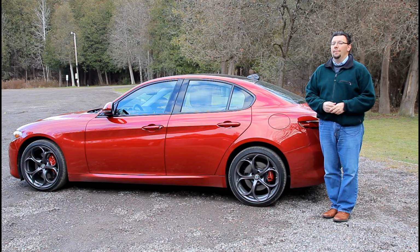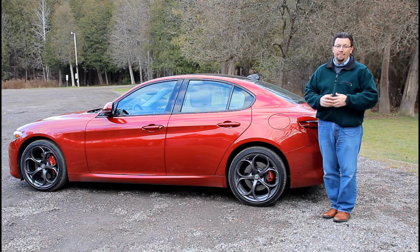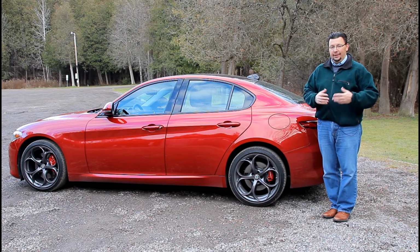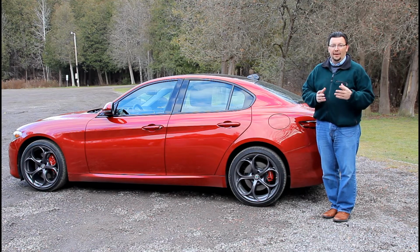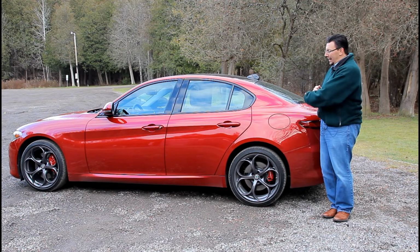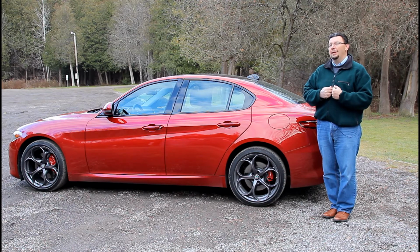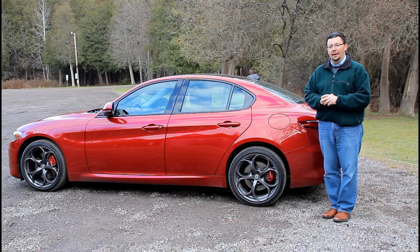The return of Alfa Romeo to the North American car market, to my mind, is a really good thing. While we have plenty of great luxury brands out there, European, Asian, and North American, I think the addition of the Italian, shall we say, dolce vita that we're seeing in the unique design language and styling is going to be something that adds a little more extra element to a segment that maybe sometimes gets a little stagnant in its overall